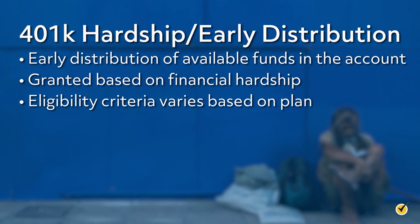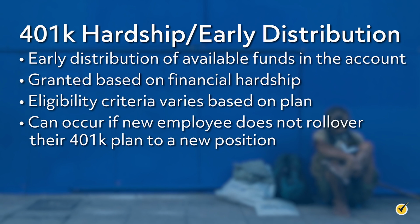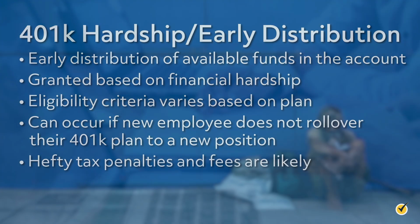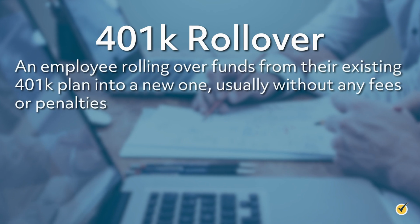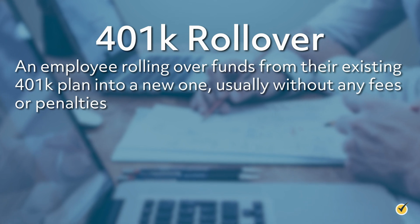An early distribution could occur if an employee switches jobs and decides not to roll over their funds into the new employer's 401k plan and they're younger than 59. When taking an early or hardship distribution, there are usually hefty tax penalties and fees. We mentioned a rollover earlier, and that term refers to an employee rolling over their funds from their existing 401k plan into a new one when they join a new company, and there usually are no costs that are tied